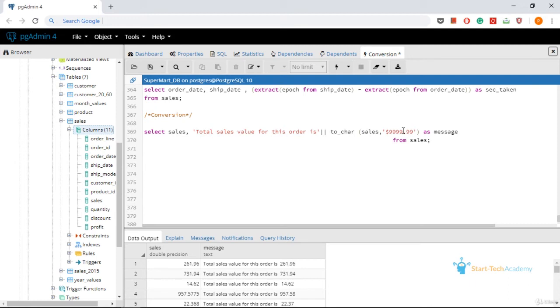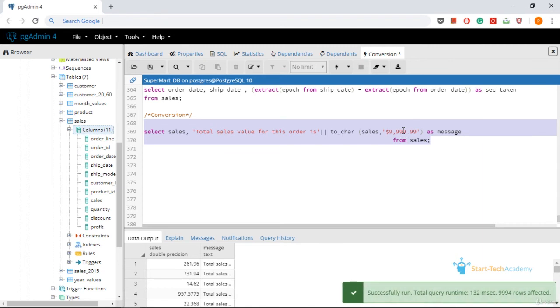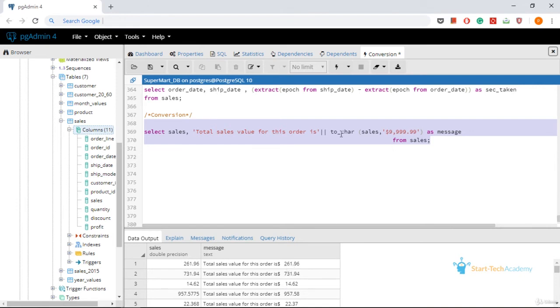If you write L also, it will have the same impact. If you write dollar, it will add a dollar. If you want to separate these numbers with a comma, you can do that also. So with this dollar and comma, let us run it again. Let me expand it. So you can see dollar symbols are here.